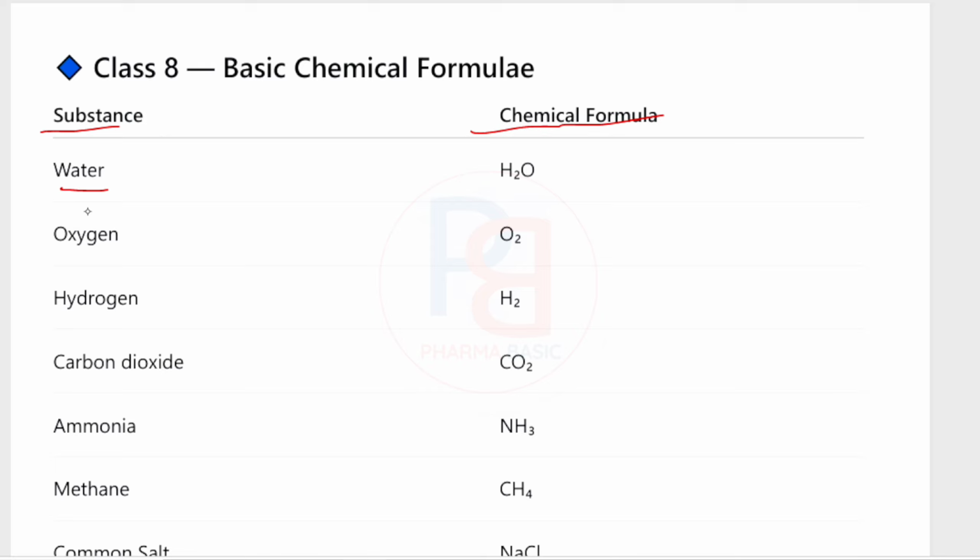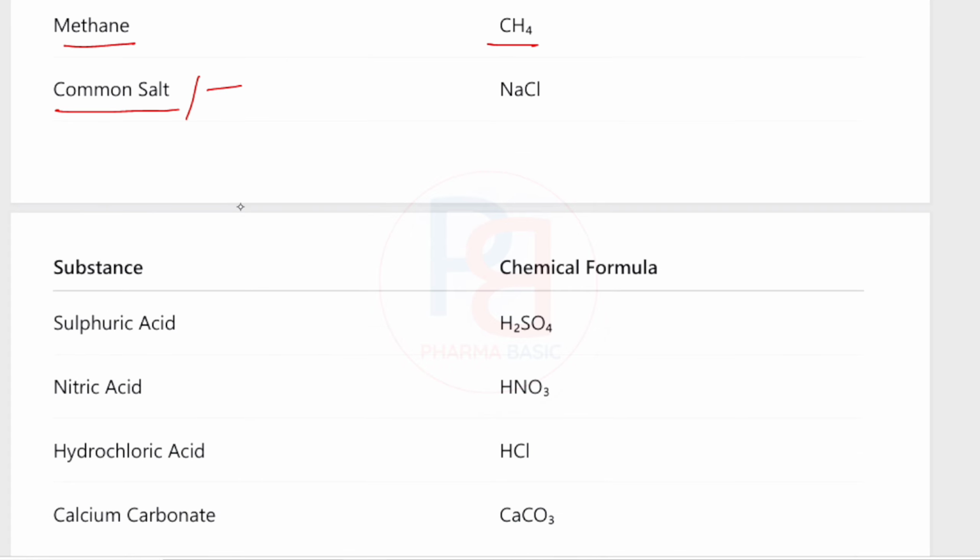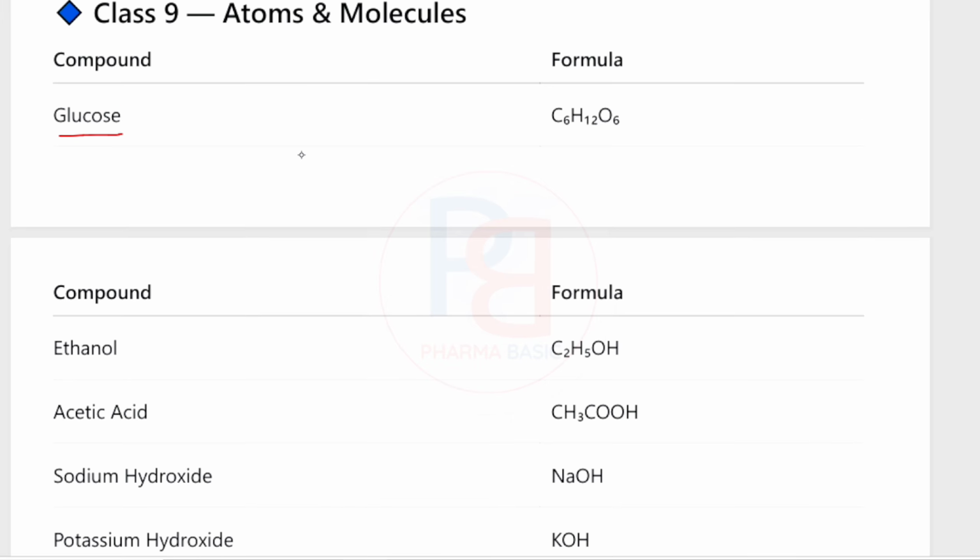Water H2O, oxygen O2, hydrogen H2, carbon dioxide CO2, ammonia NH3, methane CH4, common salt or table salt, NaCl, sodium chloride, sulfuric acid H2SO4, nitric acid HNO3, hydrochloric acid HCl, calcium carbonate CaCO3, glucose,